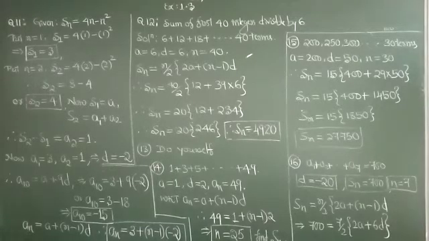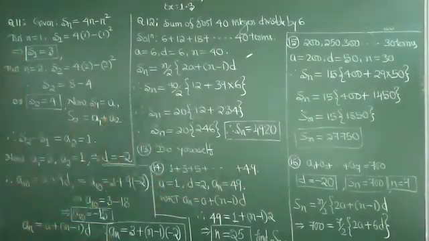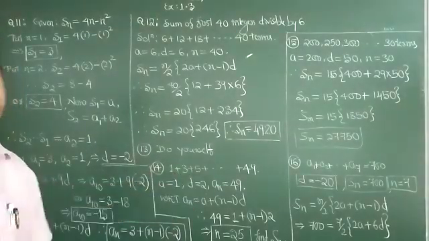But to make you clear, I am explaining: find the sum of odd numbers between 0 and 50. What are the odd numbers between 0 and 50? Odd numbers start with 1. So 1, 3, 5, etc., till 49. They are the odd numbers between 0 and 50. Now the question is, you are supposed to find the sum. Be clear, to find the sum I should know how many odd numbers are there in between. Once I know the number of odd numbers, then I can find the sum.